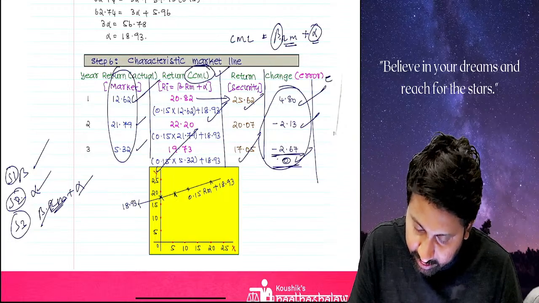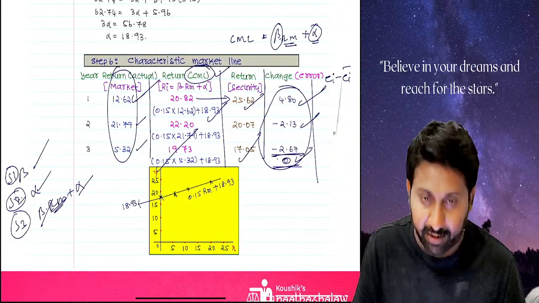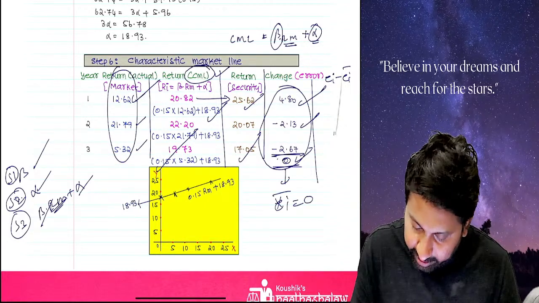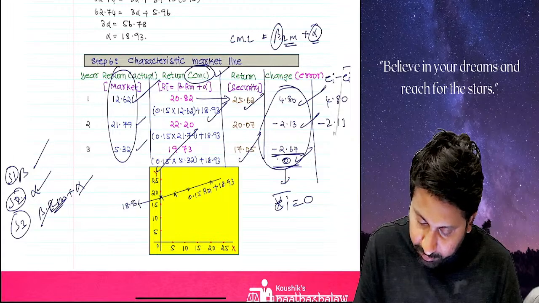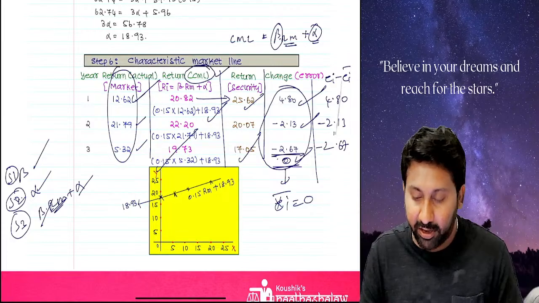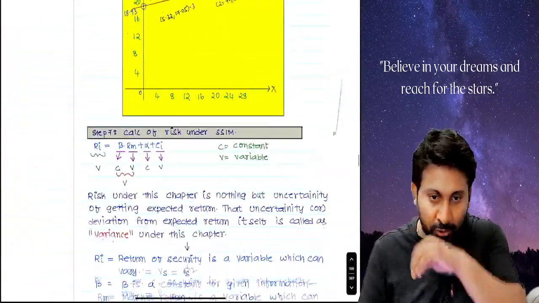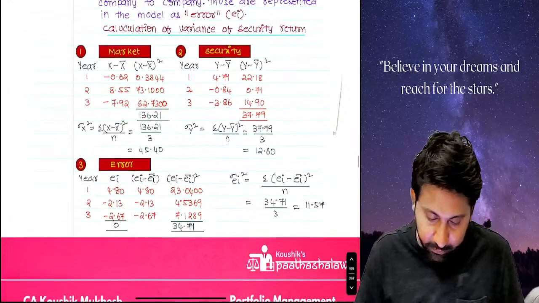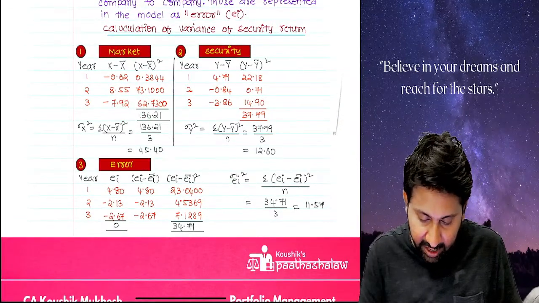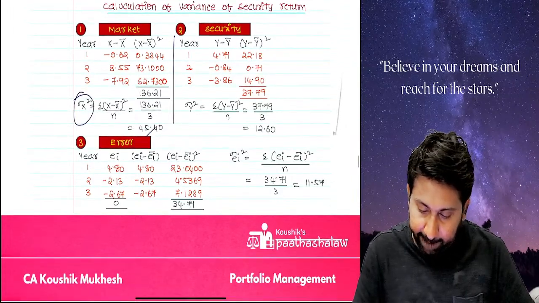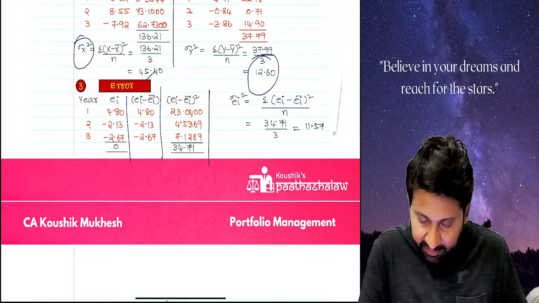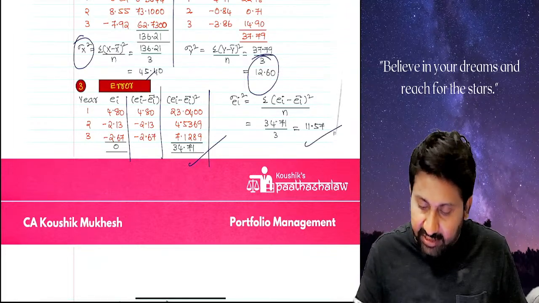Total is 0, that is E minus E bar. The mean of the error is also 0. So 4.8 minus 0, 4.8 minus 2.13, minus 2.67. But if you square it, these numbers will not come: 4.8 square, minus 2.13 square, 2.67 square. See here, I have done it here. Market returns are given. We calculated this sigma x square, this is the sigma y square. For the error over 3 years, E minus E bar, we calculated like this. We got the answer as 11.57.